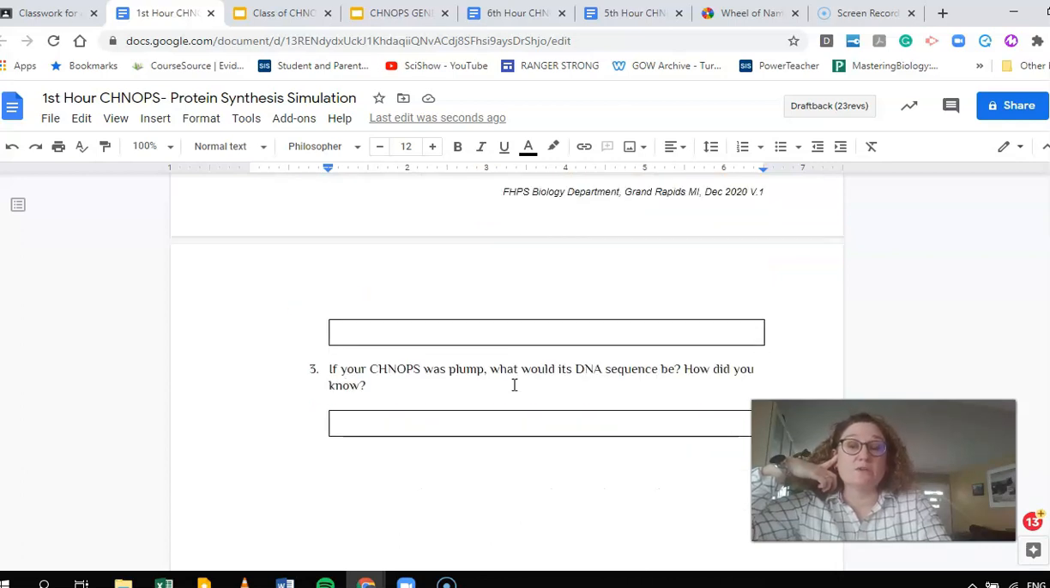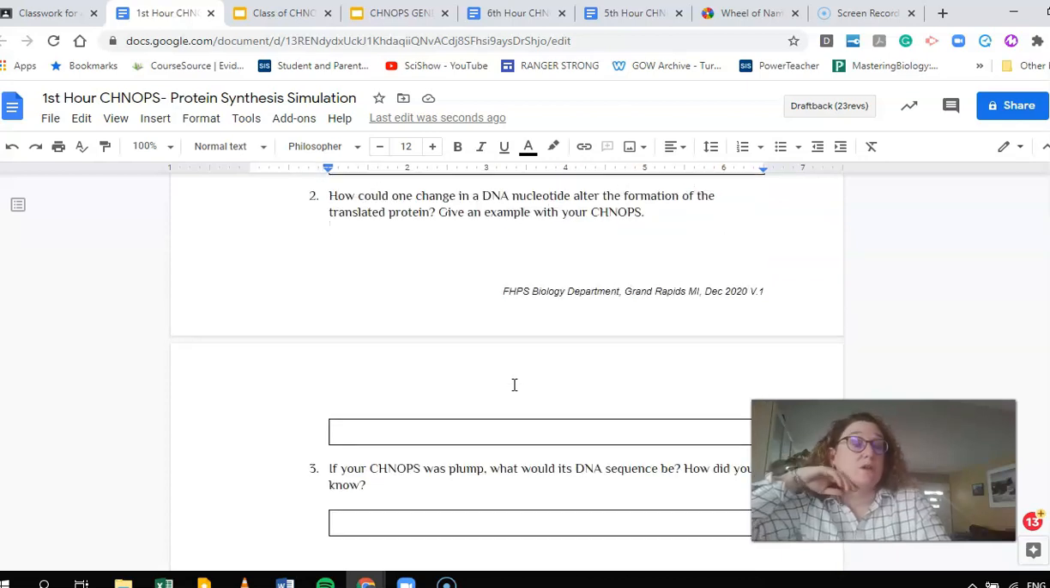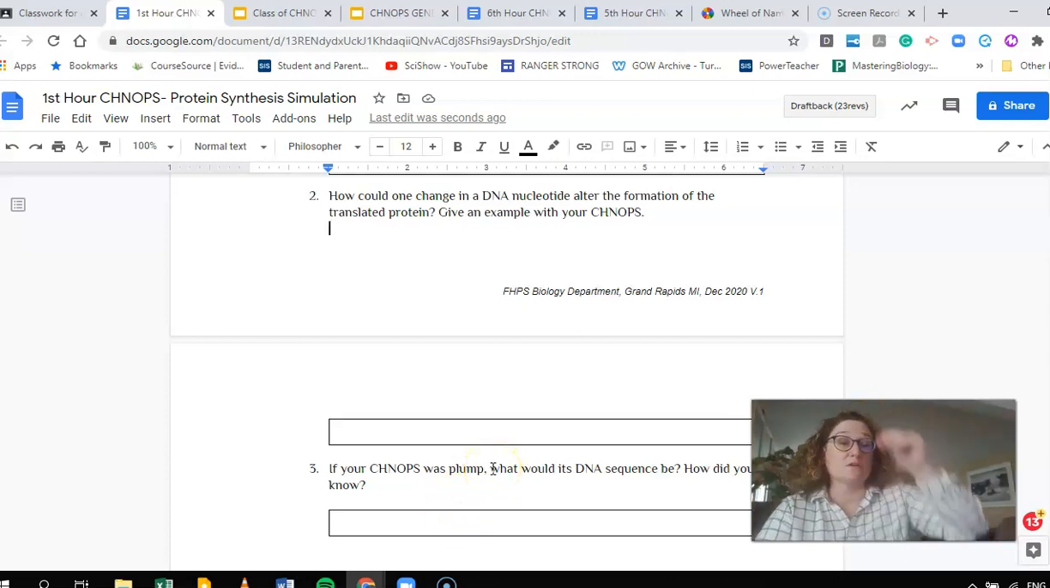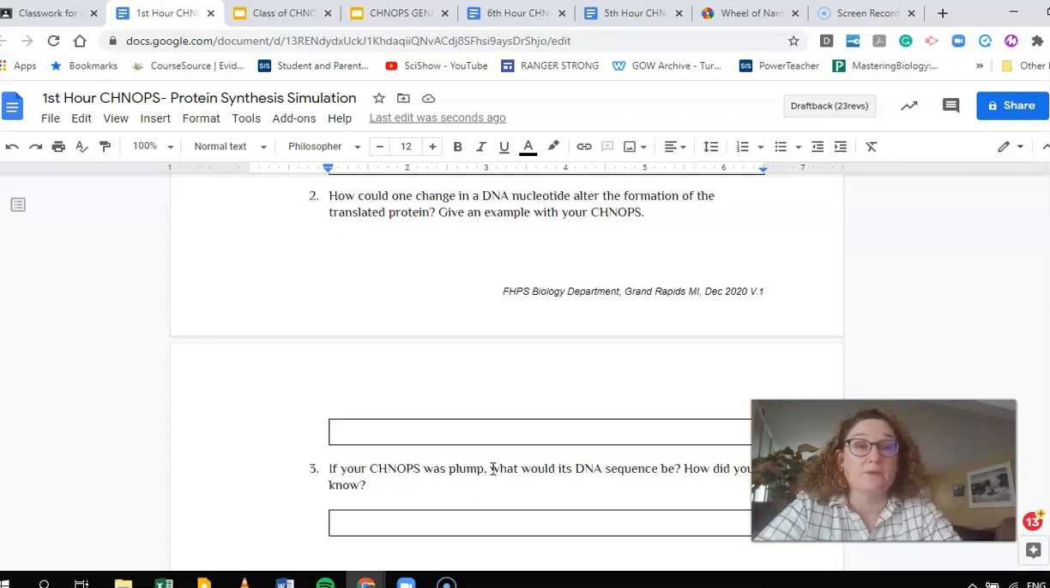But you do need to answer questions 2 and 3, which is what would happen if you were able to change your DNA, what might happen to your CHNOPS, and then also what would the DNA sequence be if it was plump. So you're going to work backwards, start with the trait, get the amino acids, get the mRNA, to then get the DNA. All right, so that's what you guys are going to work on today,